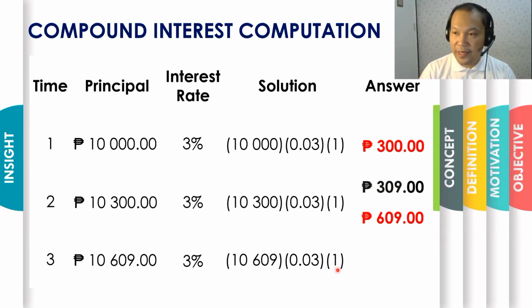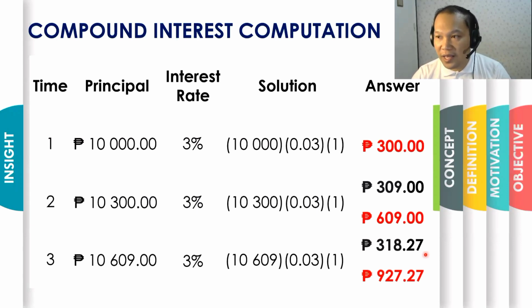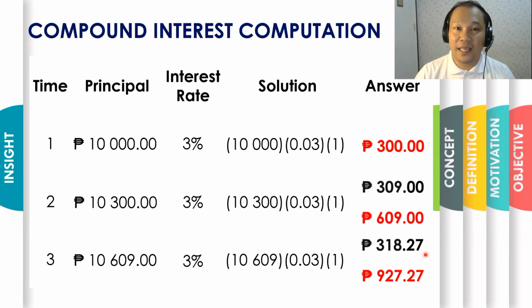Therefore, in the third year, the interest earned is 318 pesos and 27 centavos. Therefore, the total interest earned by Jose after 3 years will be 927 pesos and 27 centavos,